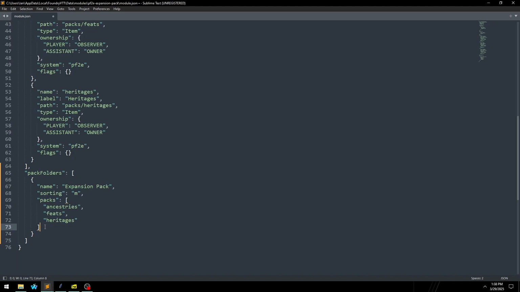I could, if I wanted to, add a color code, right? So I can add a hexadecimal color code. I'm not going to. And I could also add subfolders, right? So I could say expansion pack and then subfolder for whatever else I want. For the Roll for Combat modules, for example,